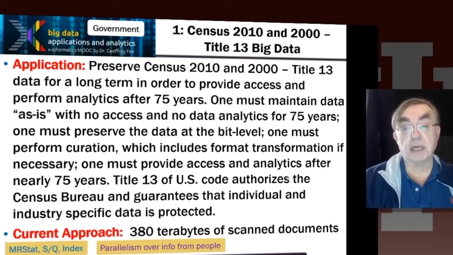So here's our first use case, which is actually rather unusual, in that it's the census data from 2010 and 2000, whereby the law of the land, the data must be preserved, and you can access it, but only perform analytics after 75 years. And the data until then is stored as is, with no access to the public and no data analytics. The data has to be preserved in the totally precise fashion, accurate to the nearest bit, and if necessary, you're going to have to change